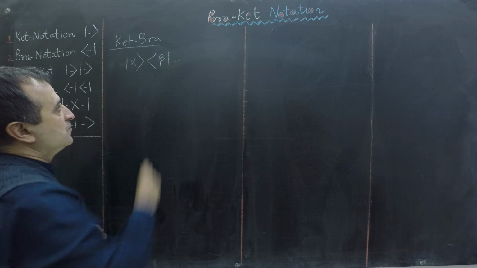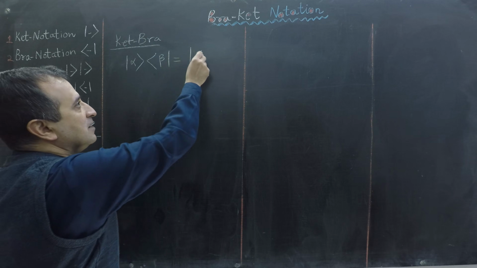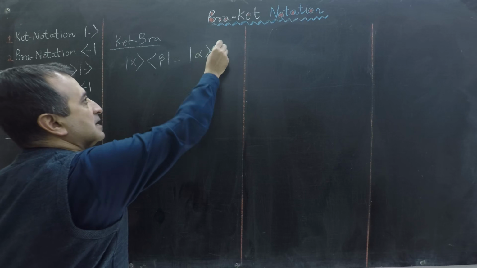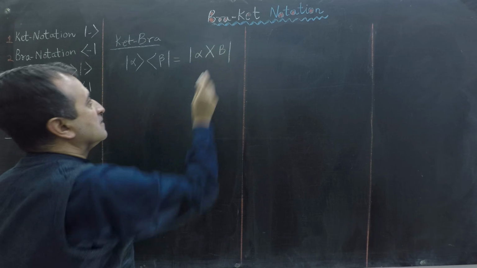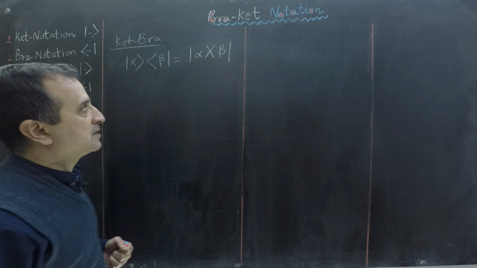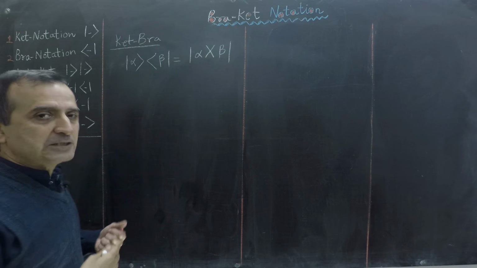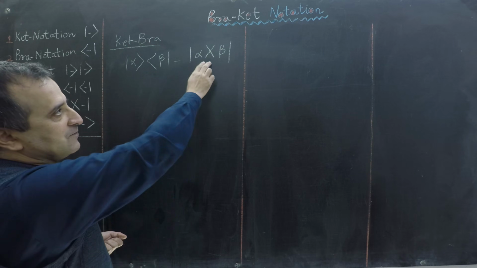Instead, we write in a cool manner, which is alpha and beta with this cross sign in between. If you look closely, both of those are actually the same, but this saves us